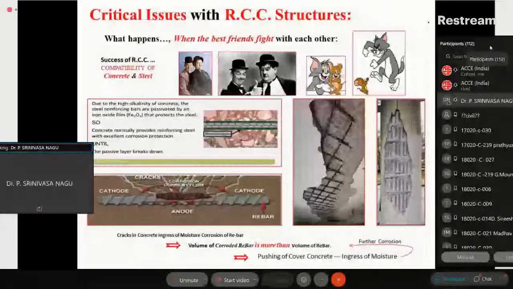Now, the corrosion involves expansion of the material. The volume of the uncorroded rod is the normal value. If you compare it with the volume of the corroded rod, it is much higher, sometimes even 20-30% like that. Then it expands. It doesn't expand just like a thermal expansion. The thermal expansion is very elastic in nature, whereas the corrosion related